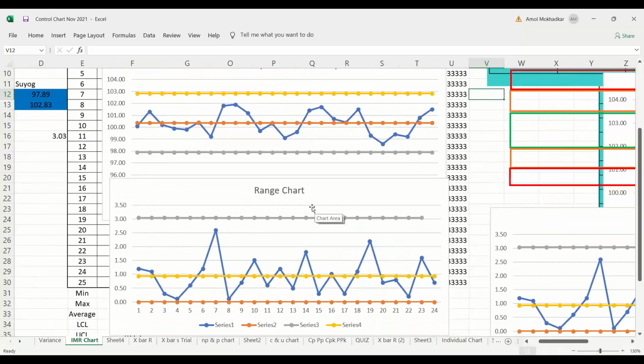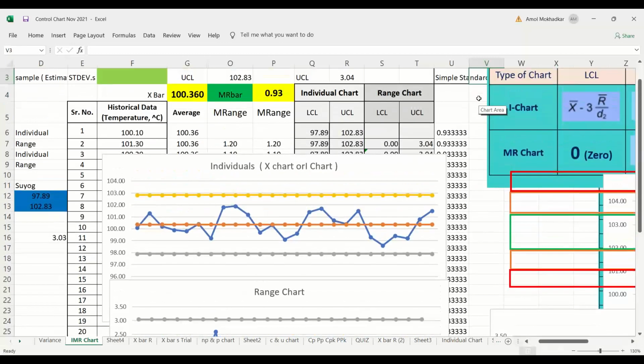This is how we prepare the X chart. Sir, only the query section screen is visible. So you are seeing the graph, no? No, sir, the Excel sheet. I want to see the Excel sheet, the I chart and MR chart formula.